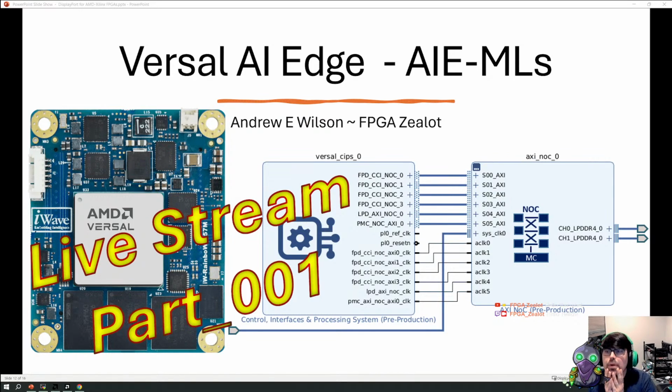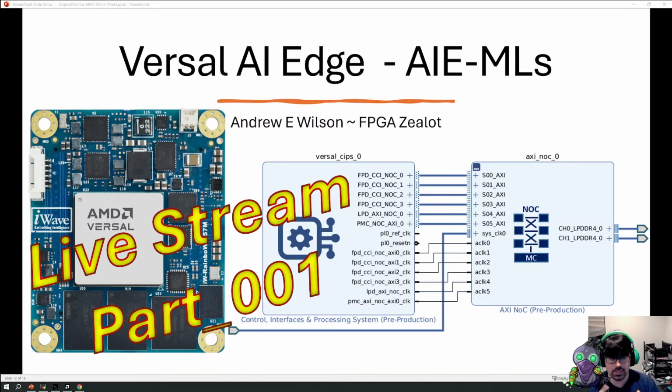Okay. We're probably just going to sit on this slide for a few minutes while I give a quick overview of what we're going to do. So today, we're going to try to go from the block diagram, AIE insertion, platform export to Vitis. Vitis generates, or compiles, the AIE engine. Vitis connects it to platform integration, export that upgraded platform, and then have the processor drive the AIE engine, and then send that PDI file to the Versal, and then see the output. So we're going to try to do that